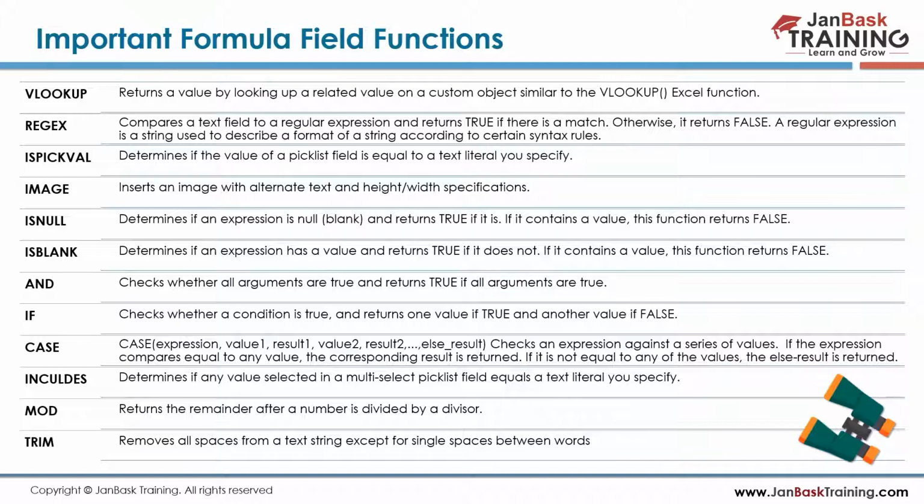But over here, a complicated formula is a kind of formula wherein you are using multiple functions from here. For example, you are using is pick val, you're using is blank, you're using and, if, case, all in one formula. So it's just like, instead of creating 5 different formulas in which I would have asked you to practice is null, is blank, and, if, and case, you just created one highly complicated formula which used all 5 of them.